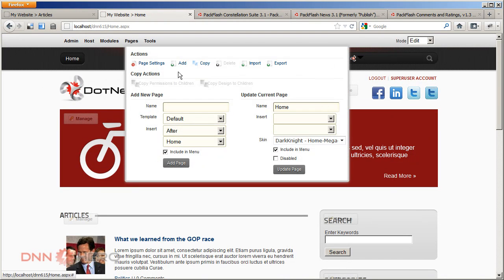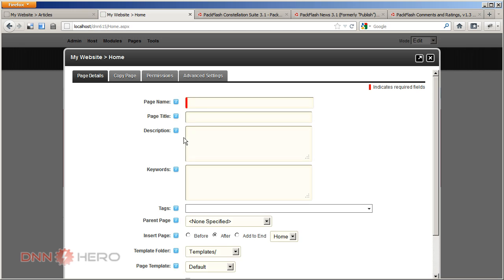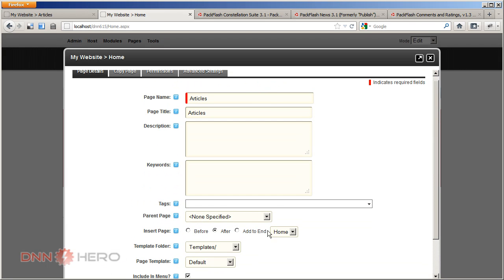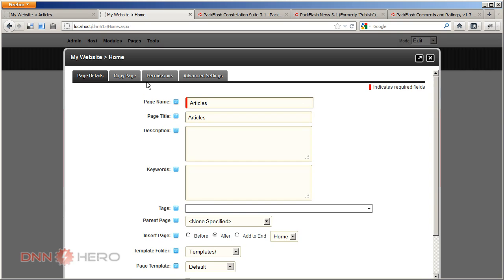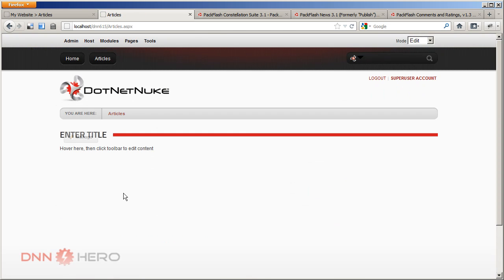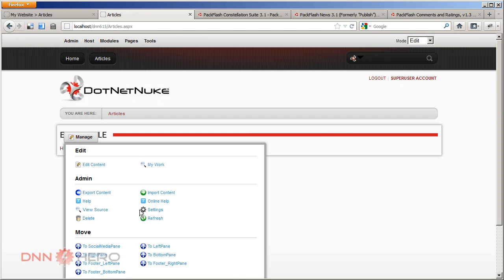Let's just go to Pages, Add. Let's call this articles, plural. It will show in the menu after home, and permission wise, it will be shown to all users. Now let's delete this HTML module